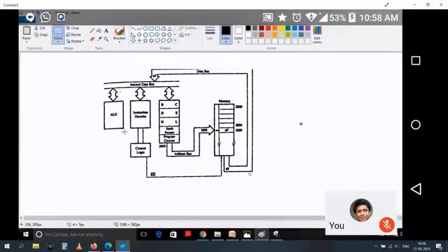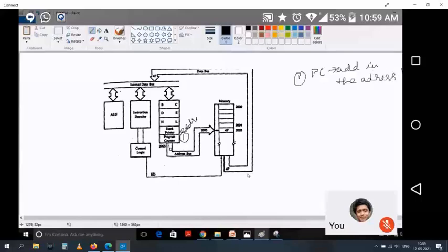Okay. So here there is a program counter. See, there is a program counter. This is my first. So here this is the program counter. First, what is the program counter doing? The program counter is putting the address here. So my address. First, I'm going to the program counter. Here I'm putting the address in the address bus. This address bus is now going to this. Here, this is my memory location 2025. Okay, this is my memory location.